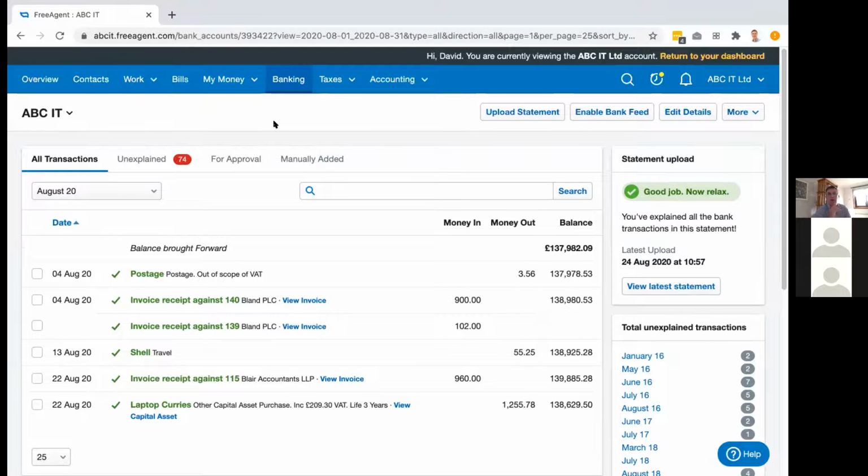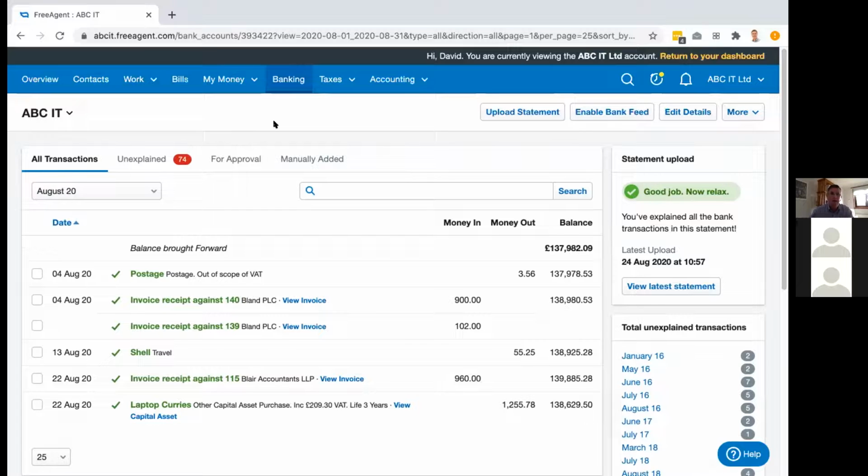What it doesn't do, which I'm sure you wouldn't want your clients to do anyway, is approve or file compliance work such as VAT returns, RTI filing, pay filing, or anything like that. But you can do, if I can work this, forgive me if this goes wrong, let me just try and see if I can